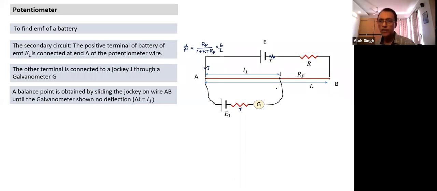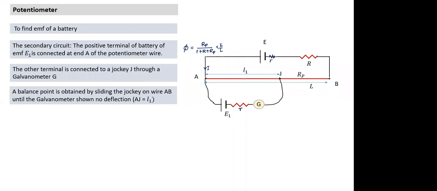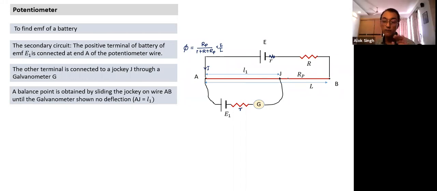Let's, for the time being, assume I find a point where the current becomes zero. We will understand if the current has become zero. Now we'll come to that logic explanation also. So let's say we have found a point. I'll come to it later, when we are not able to find that point. By sliding it across, I have found a point. I don't know why it has become zero, but what I find is that I have found a point where it has become zero.